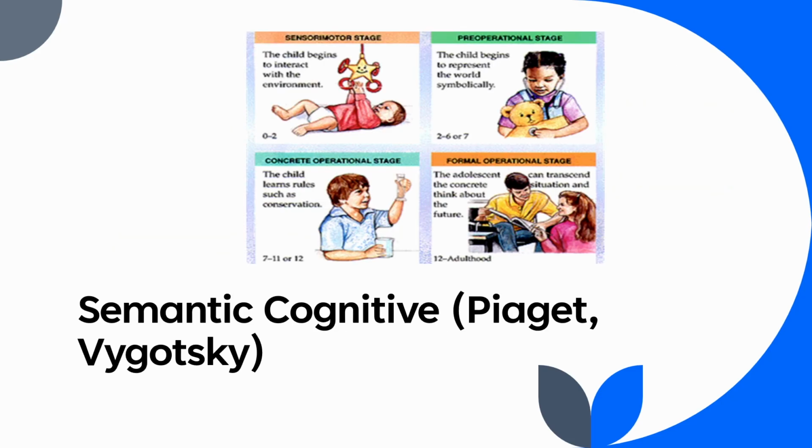The semantic cognitive model of language acquisition emphasizes that meaning and thought come before grammar. This perspective grew out of observations by researchers such as Bloom. For example, Bloom documented a child who used the utterance "mommy sock" in different contexts, once to indicate possession and another time to make a request. Although the form stayed the same, the meaning changed. From this, Bloom argued that children are not simply learning sentence structures, they're using language to express meanings they already understand. In this view, semantics, or meaning, precedes syntax or grammar.